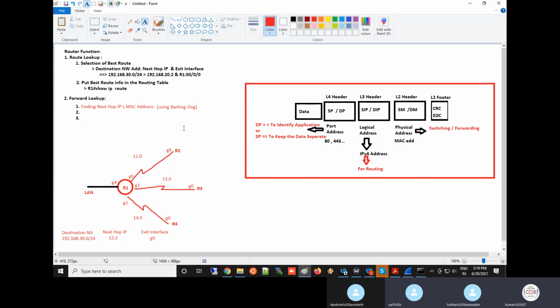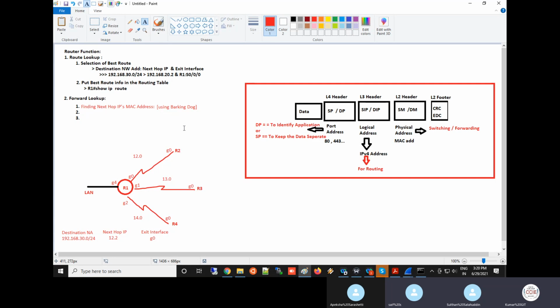Now this dog will come and tell me, sir, she's staying in door number 7, like that. Then I will have a table and update your name: Apeksha is staying in this door number. So I know the area, I know the street, but I don't know the door number. I'll give these details to one dog, and it will broadcast, one to all. It will shout, and whoever replies, from the reply it will update one table.